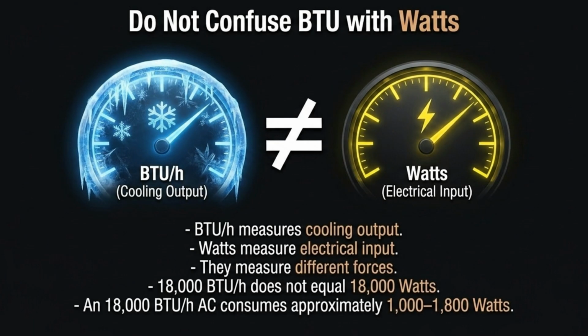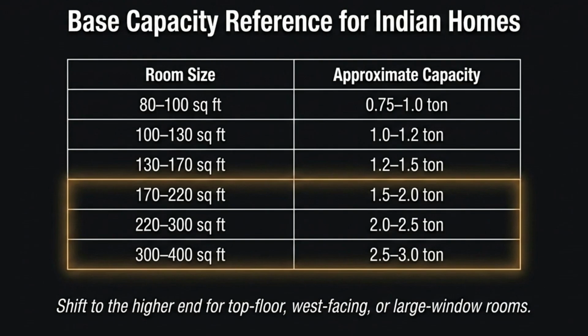Do not confuse BTU with watts. BTU per hour measures cooling output, while watts measure electrical power input. They are not equivalent. For instance, an 18,000 BTU AC will consume significantly fewer watts. Refer to this base capacity guide for Indian homes. Remember, always shift toward the higher end of the capacity range for rooms with high solar exposure, top floor locations,